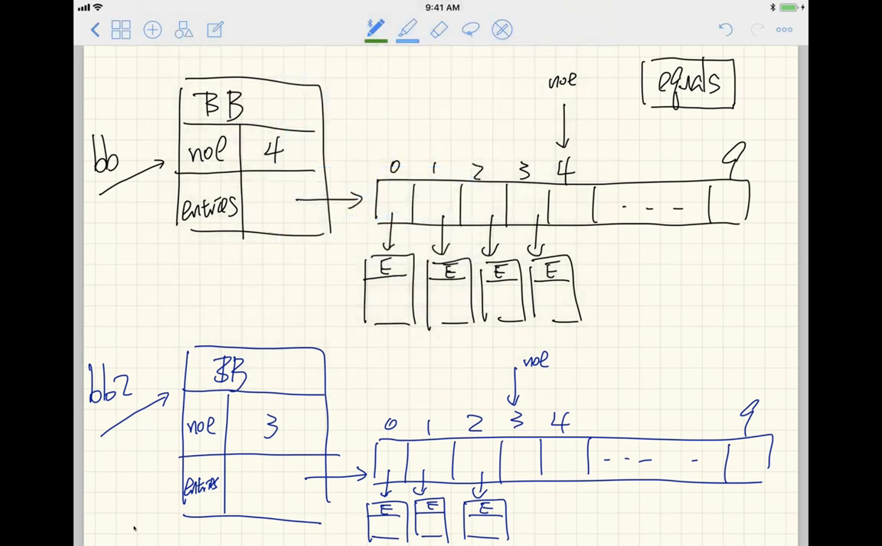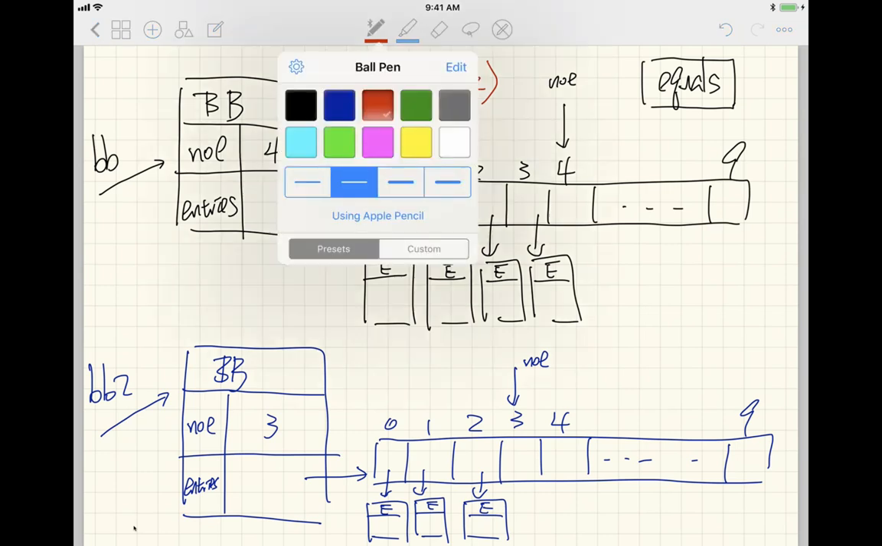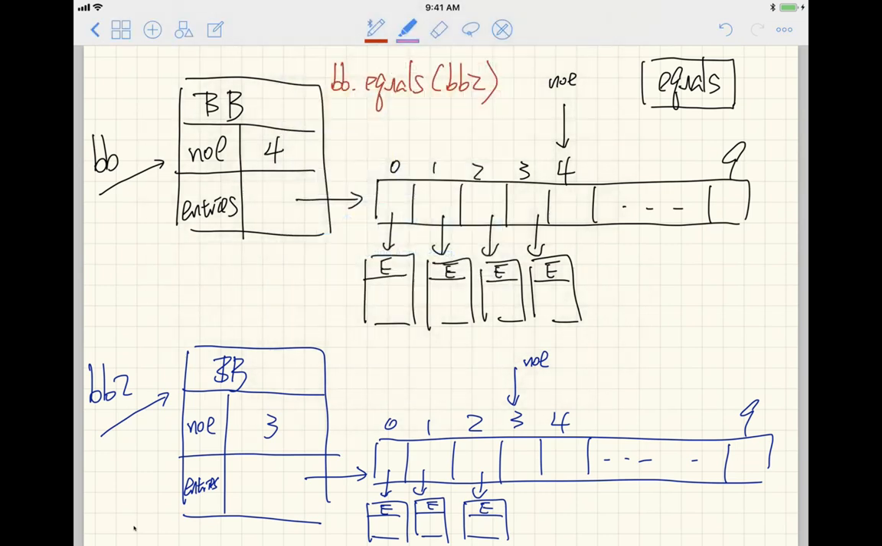What does it really mean when I say bb.equals(bb2)? Okay, this comparison should be very easy. We don't even have to go to the array comparison because you will simply see that, let me use a consistent color here, so you can see the NOE for bb is 4. The NOE for bb2 is 3. So that means it will simply just return false,